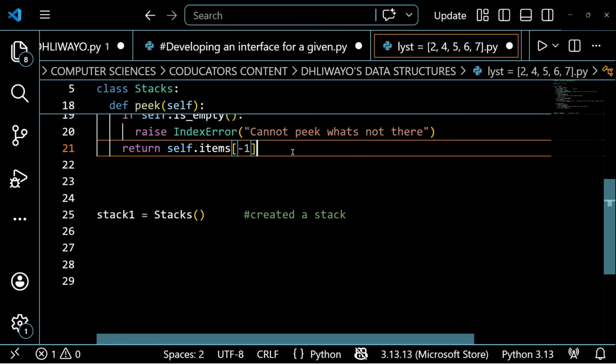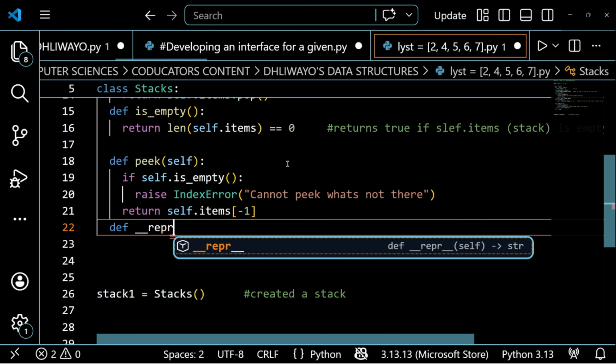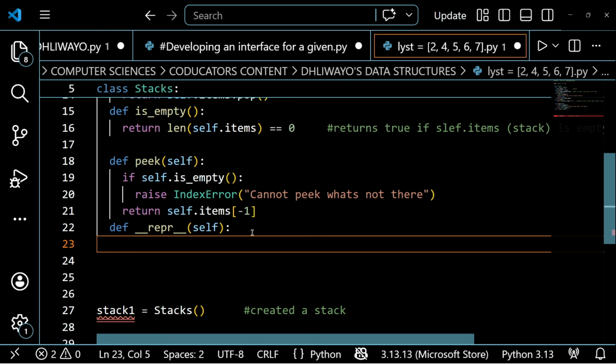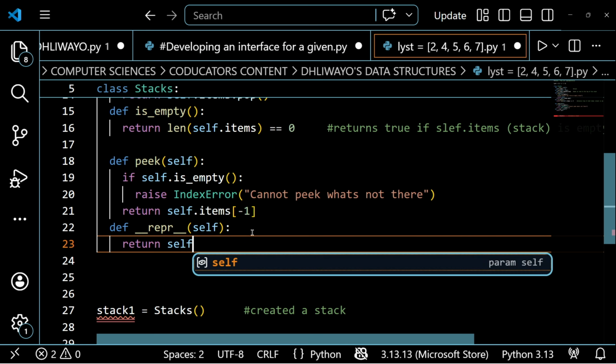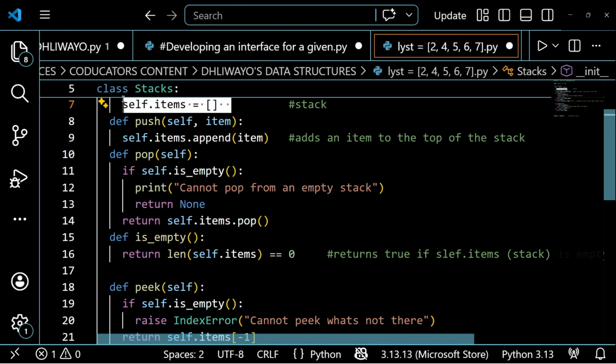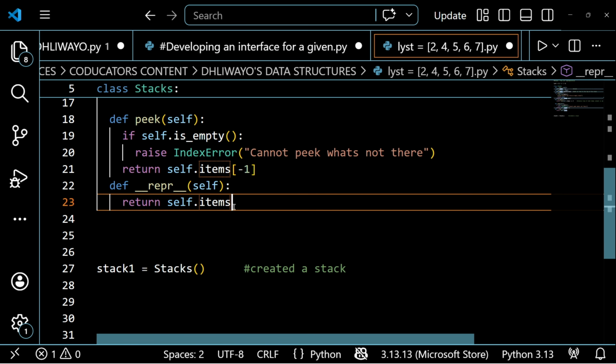So we can just create a method to represent the items inside the stack. So I'm going to create the __repr__ method. The repr method simply tries to view what are the items that are found in your stack. Yes, all the items. So it must return self.items, because remember, self.items refers to the stack itself, the list that starts as an empty list before you push anything to it. All right, so here this is going to return self.items.